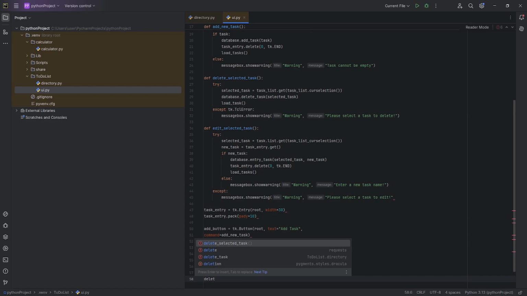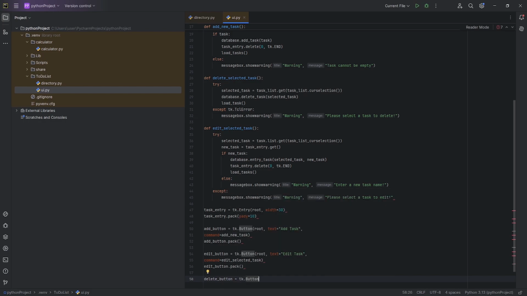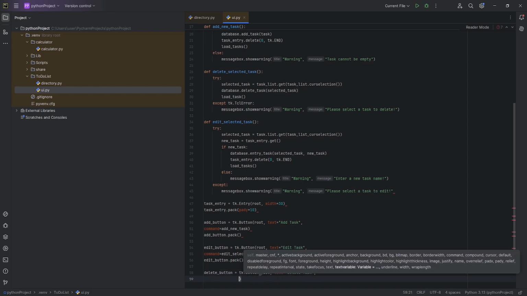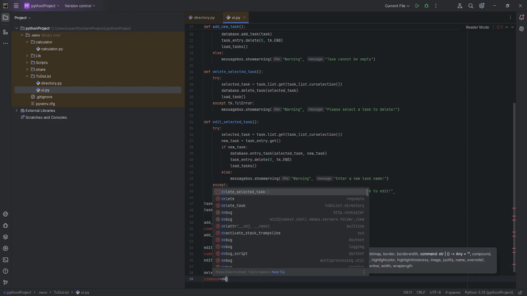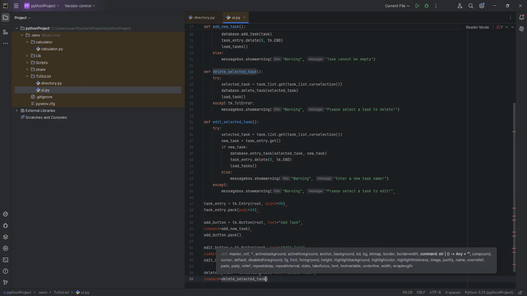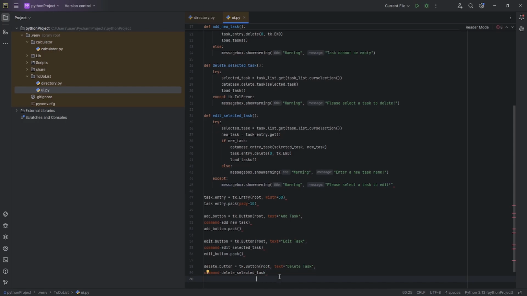Delete button. delete underscore button is equal to tk dot Button, open parentheses, you have the root value, comma, text, double quotation, delete task, comma, I'm going to put in command. There we go. Command is equal to delete selected task. There we have add new task, edit selected task, delete selected task, and then in the next line,